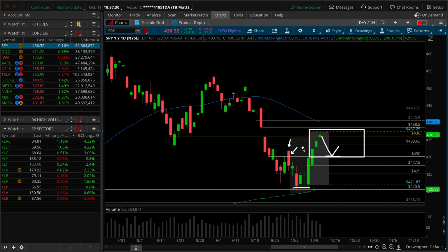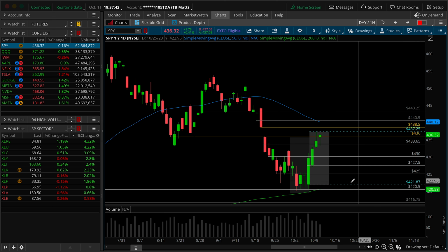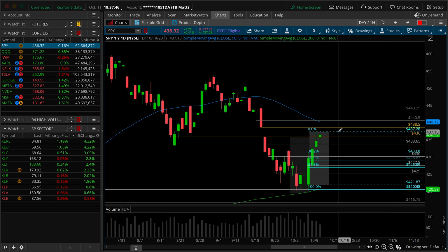430 would also represent not giving back any of the Friday rally from last week. Technically speaking, yes, we could find ourselves a daily higher low over 427.50, but if we go any further than that, what you'll start to notice from a Fibonacci perspective, if we come in from the low up to the high, is that we would start to be violating the 61.8. As we know, the general rule of thumb is the more bars that close underneath the 61.8 on any given move, the higher the odds of a